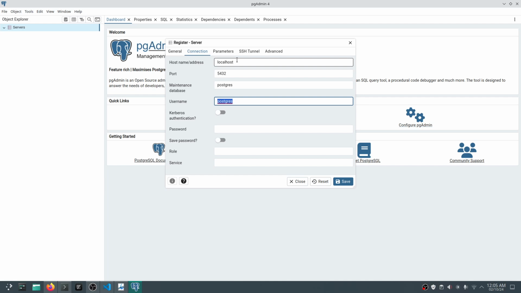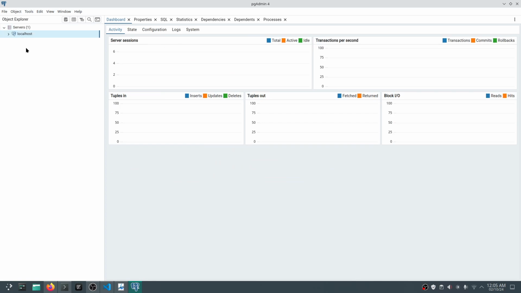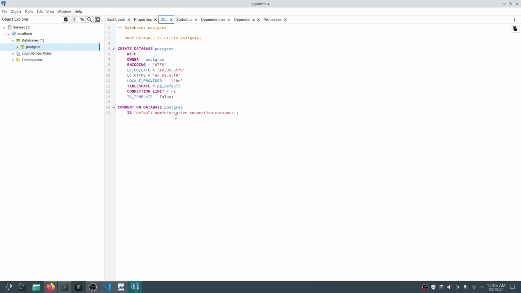Username postgres. For now, we will connect as postgres. Our password was ABCD, and we say save, and then we are connected. If we look at databases, we have one database, postgres,